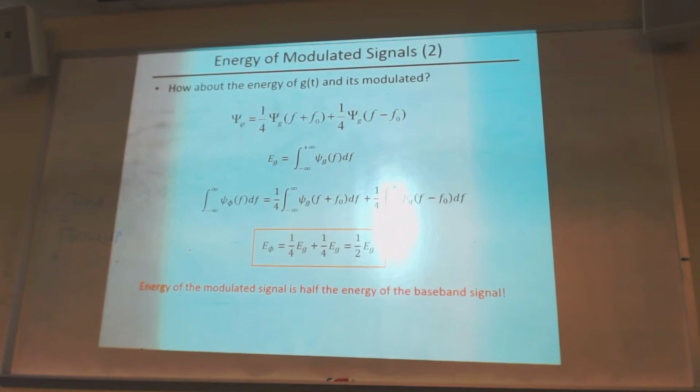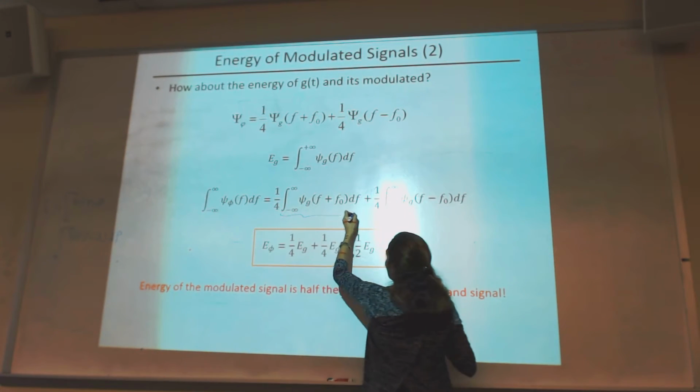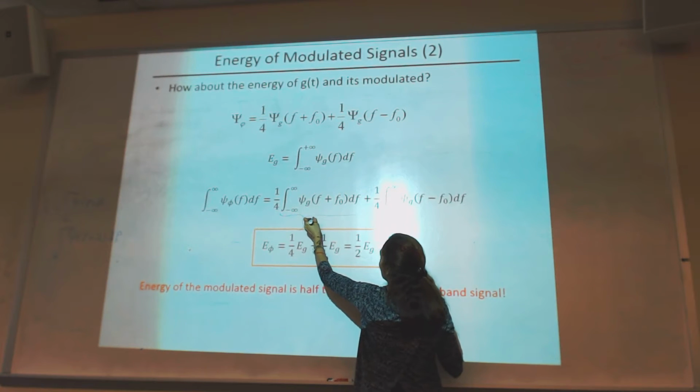Good. The same, because instead of having this, I shift it and then take the integral. I don't change the area. Mathematically, you can say, okay, I do a change of variable, instead of f I do f prime. Do the math, it's going to be the same thing. So that's why this is exactly equal to, if I say,